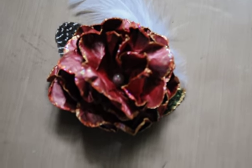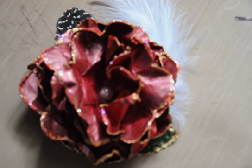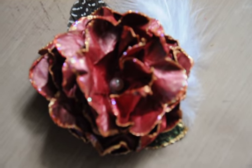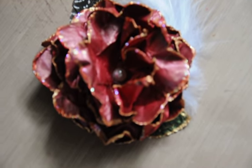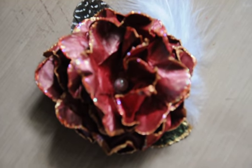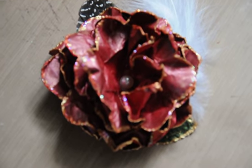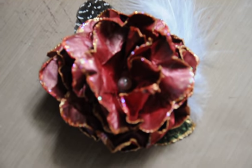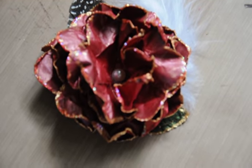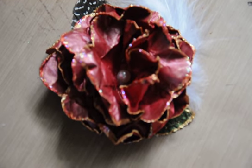For this flower I used 8.5 by 11 cardstock in red. One side is pearlized, the other side is matte. What I had done was cut the paper down as if I were making an A2 size card, folded the card in half and then cut that piece off as well. If you do that with the whole page, you should have 2 cards, and in essence you're really having 4